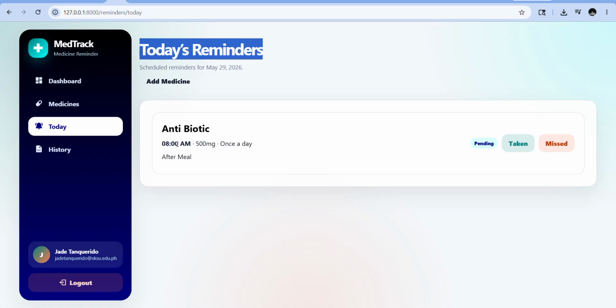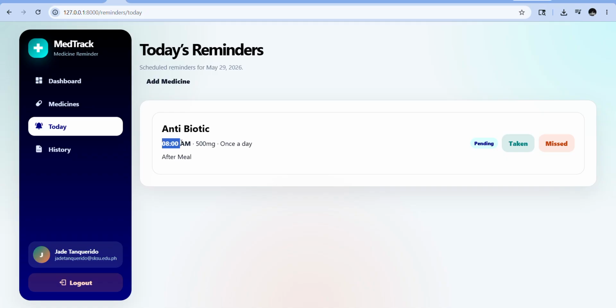Today's reminder is the antibiotic at 8 a.m. And then, let's go to taken or missed. For example, the user can mark a reminder as taken after taking the medicine.